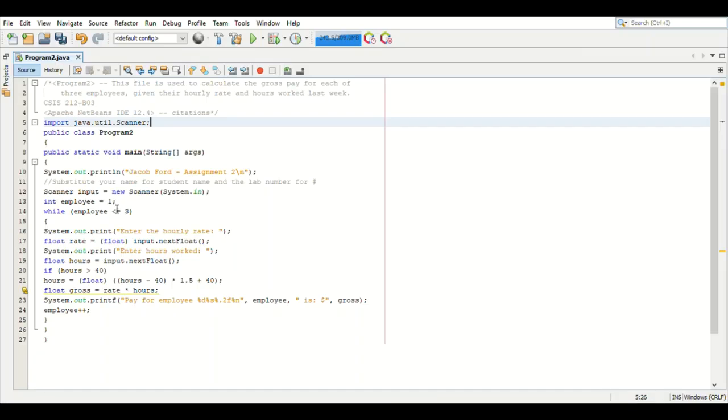And while the variable employee is less than or equal to 3, now while statements are a type of loop statements, which means it will keep repeating itself until the while statement becomes false. So currently the employee number is 1, which is less than 3, so it's going to execute this statement,